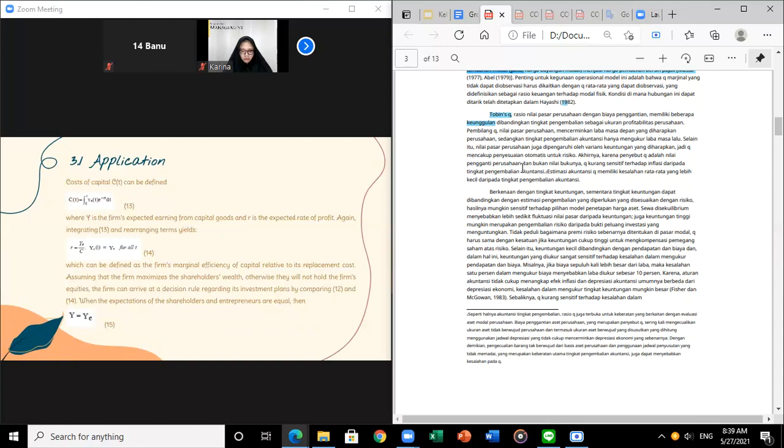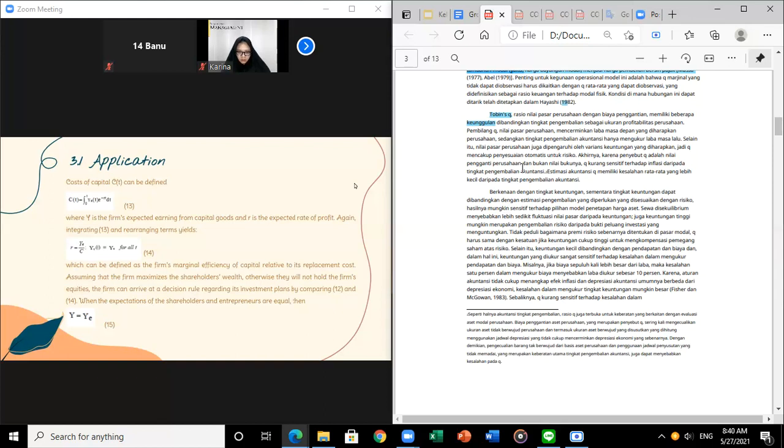So the next one is the cost of capital, which can be defined by C(t) equal to the integral from 0 to t of ye e^(rank minus r rt) dt, where y is the firm's expected earning from capital goods and r is the expected rate of profit. Again, integrating equation number 13, we get equation number 14, which is r equal to ye divided by c, and y equal to ye for lt,